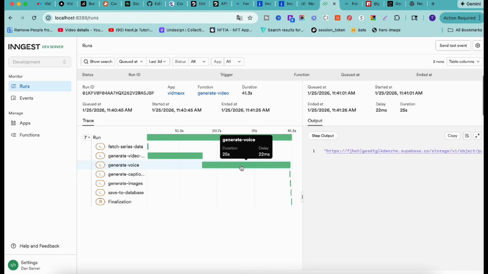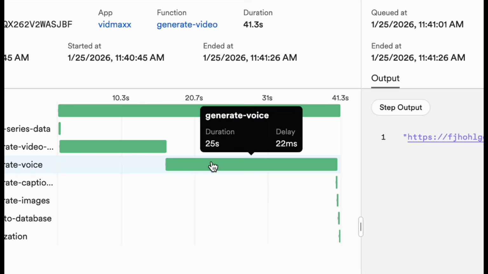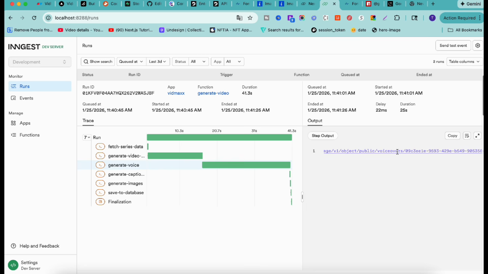And right now if you see, it also generated a voice for us, and this is the URL of that MP3 file. If I open this URL in a new tab,